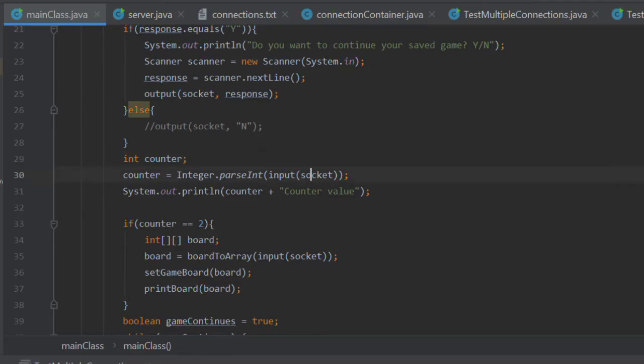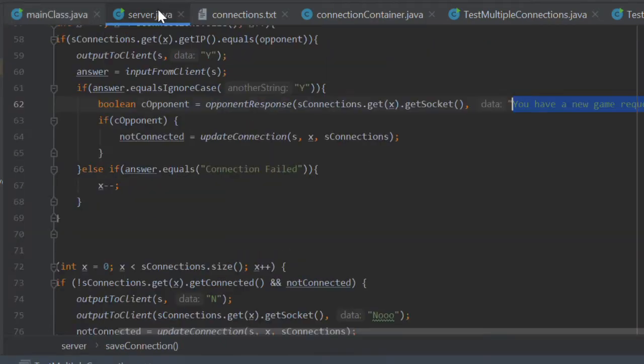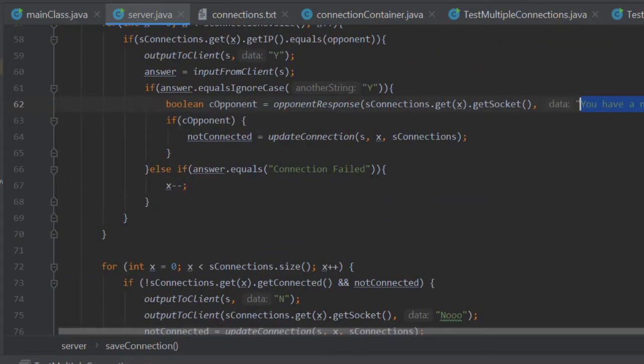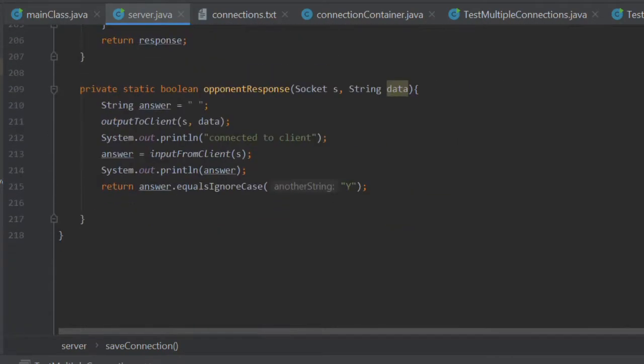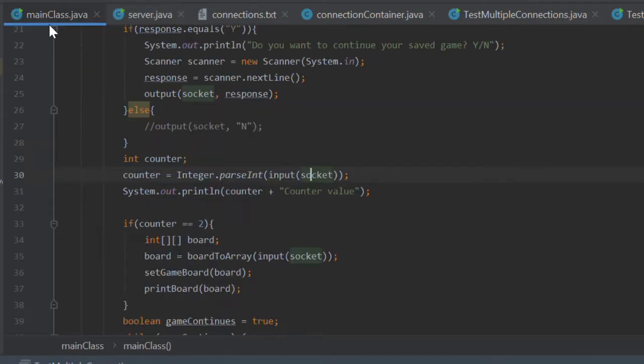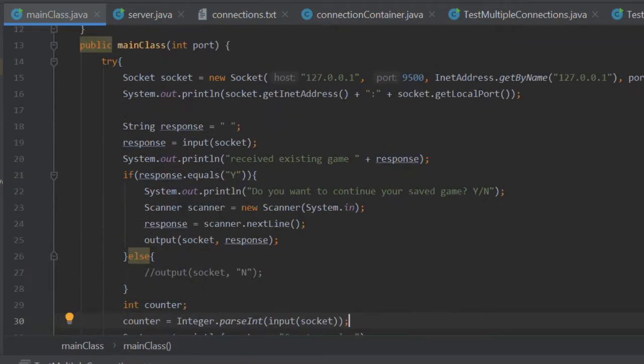We then have both clients waiting to be assigned counter values. However, we have a server waiting for input here. So it's waiting here, and in our client classes, we are waiting here. Both are waiting for input and no one is receiving any output. So what are we going to do about that? What needs to be done is we need to